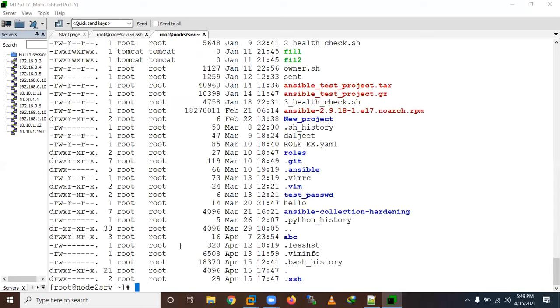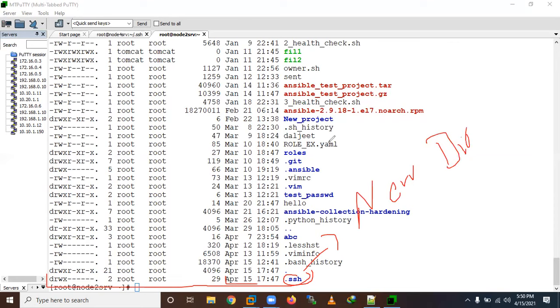Now you can see here it has created this file. Today is April 15, and it was created at 7:47. It created a new directory.